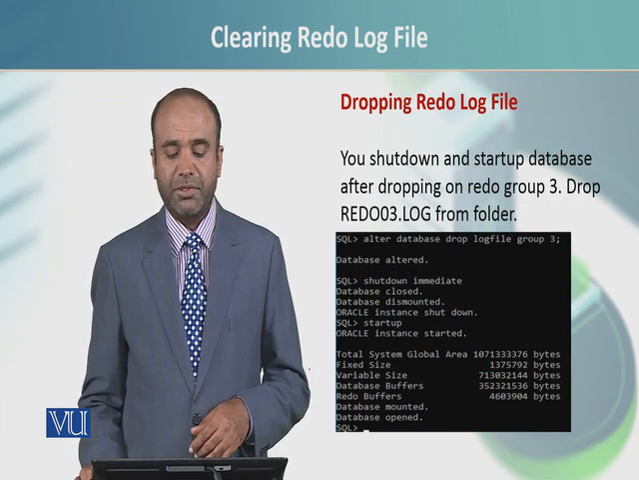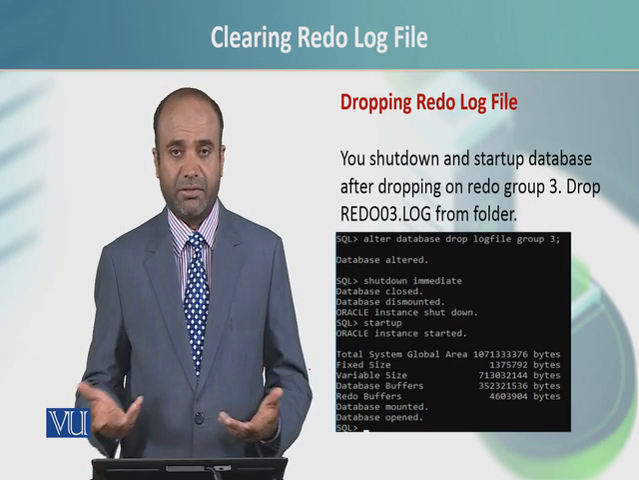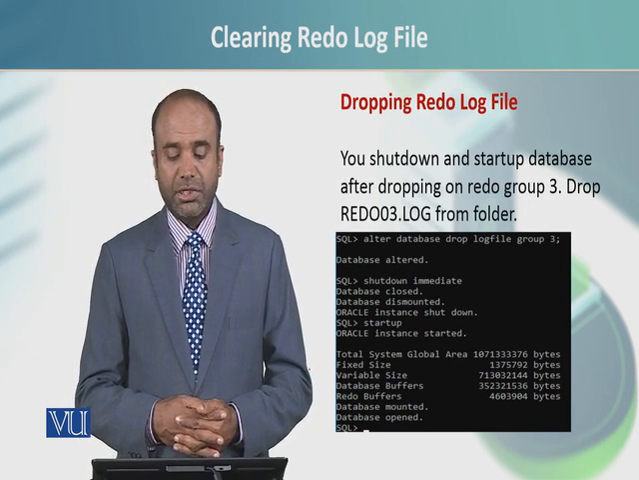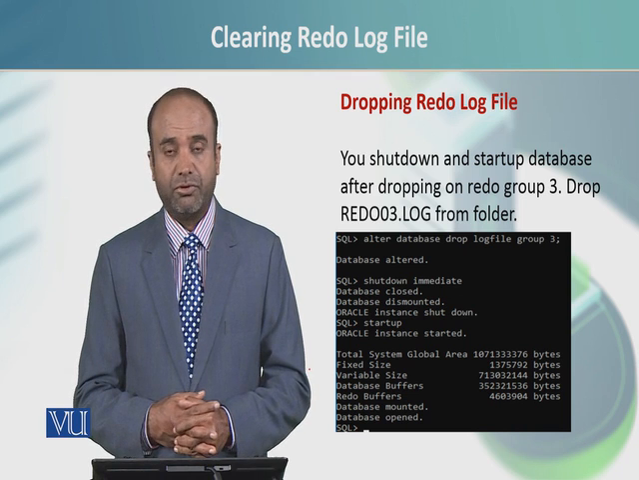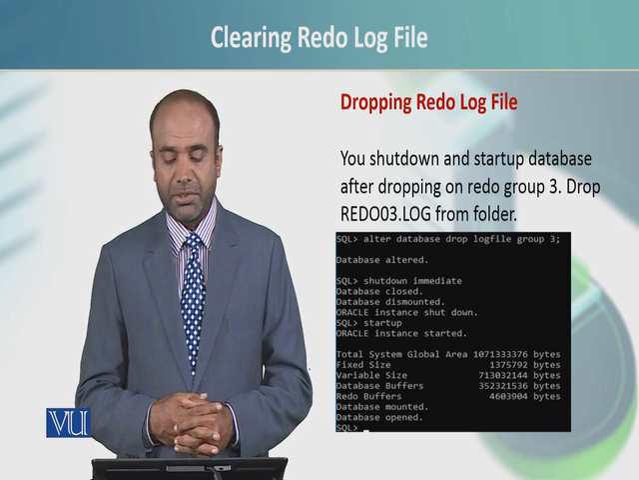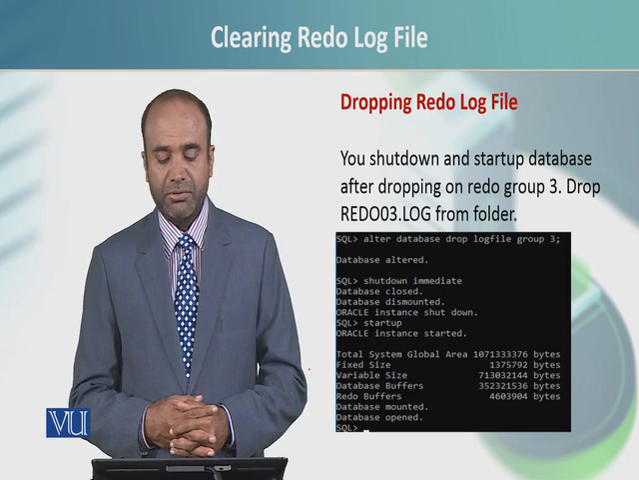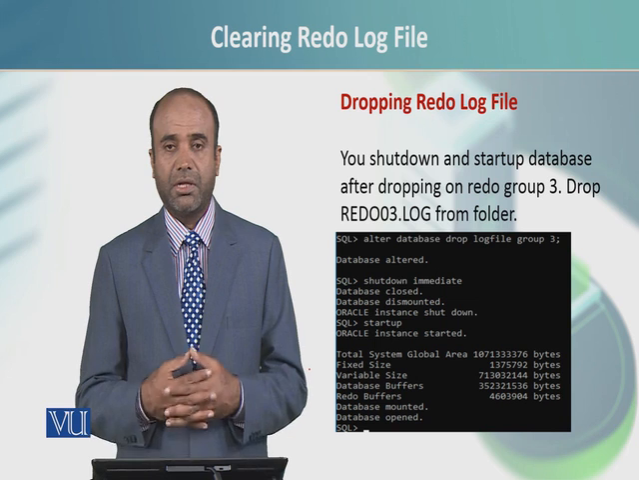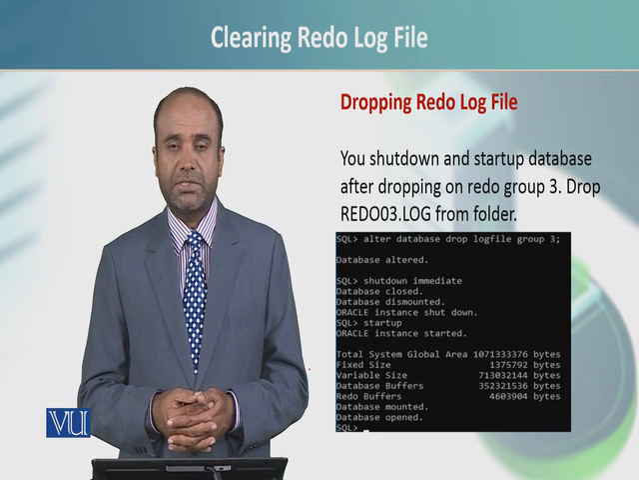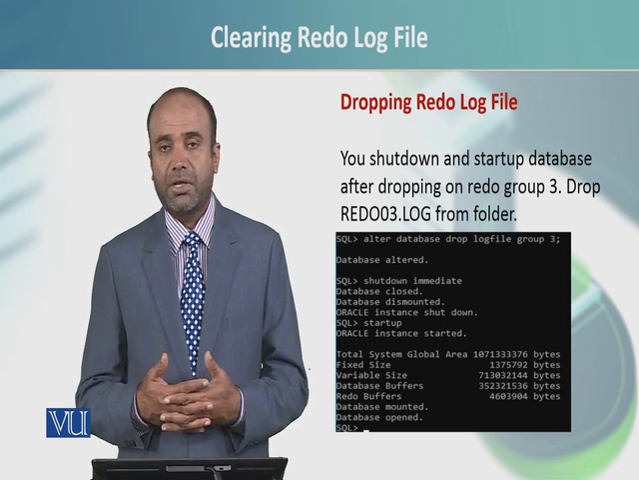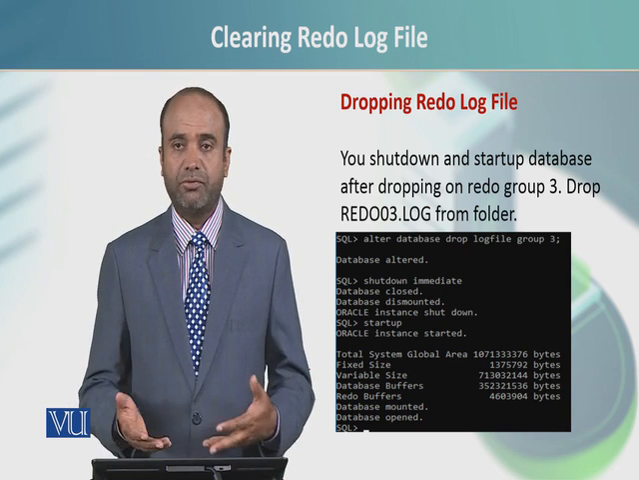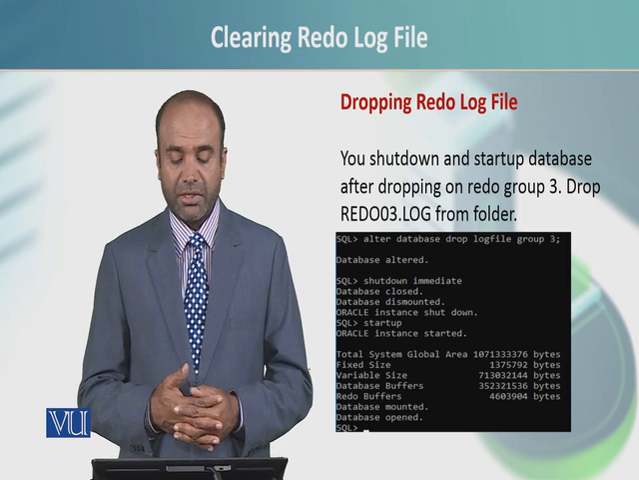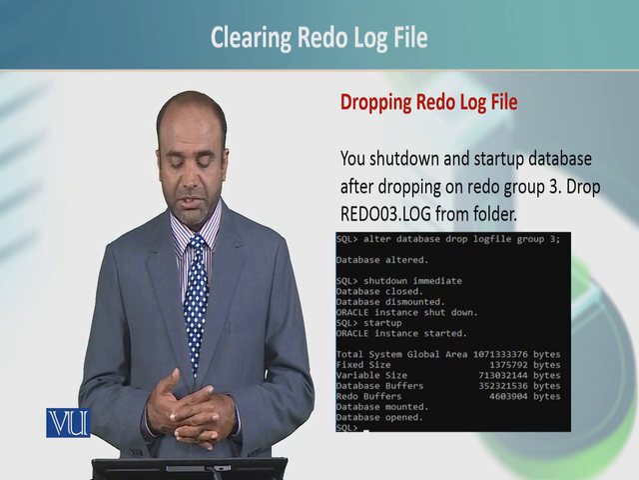So similarly, in this particular case, what exactly will we perform? As usual, you shut down and start up the database after dropping redo group 3. Drop the redo 03 files from the folder as well. So run the operating system command to remove the file physically from the particular folder. If you look at this one here, we can say shutdown immediate, wait